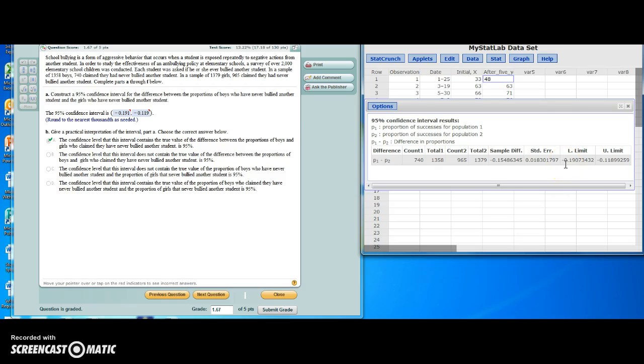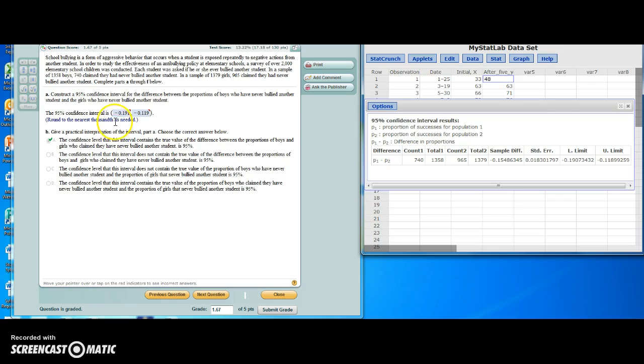Negative 0.191 and negative 0.091 are my lower and upper limits. Notice 0 is not in there like in the previous one. In this case, they're both lower,